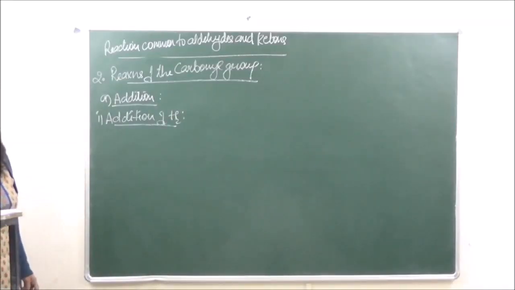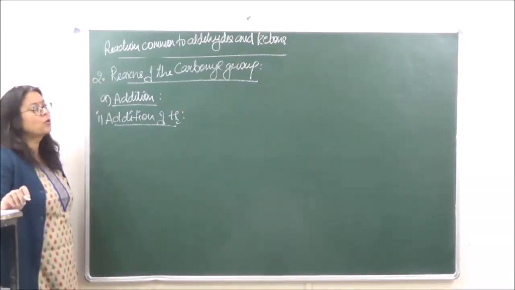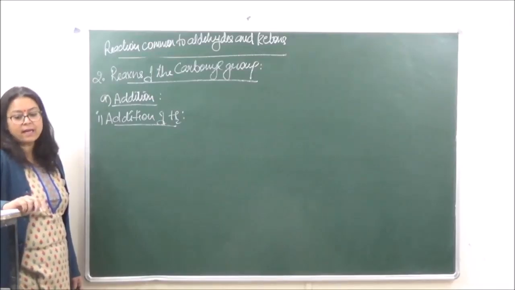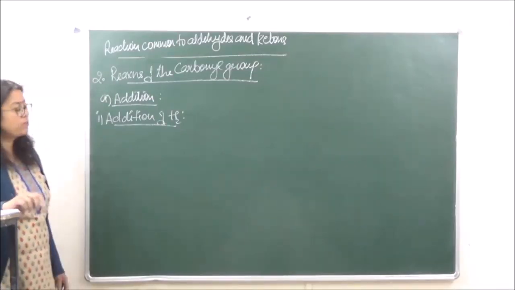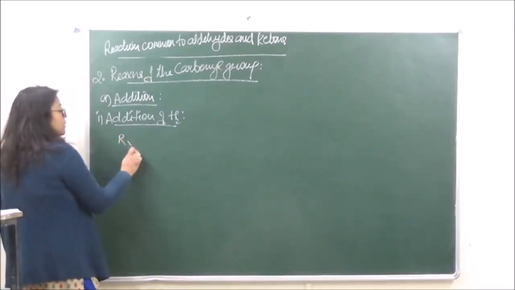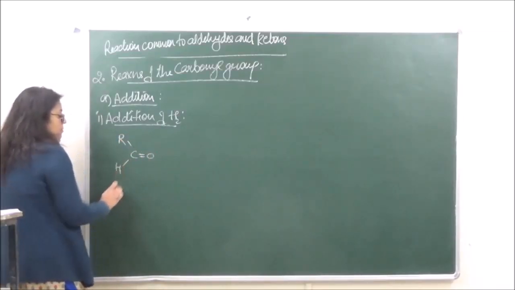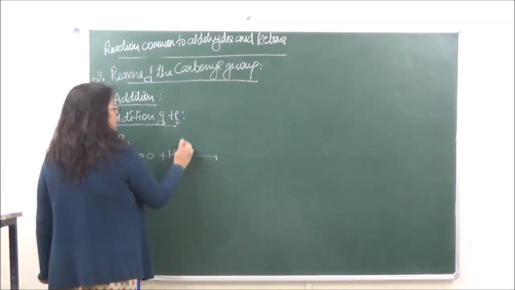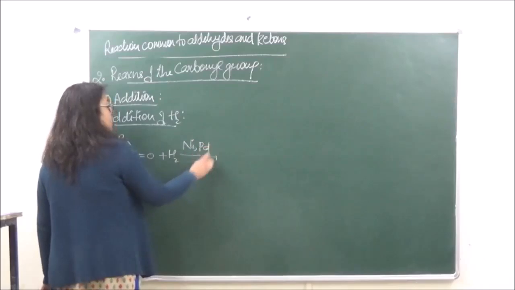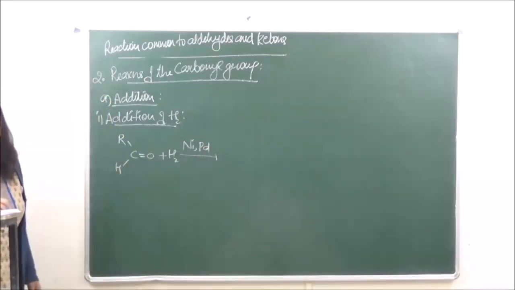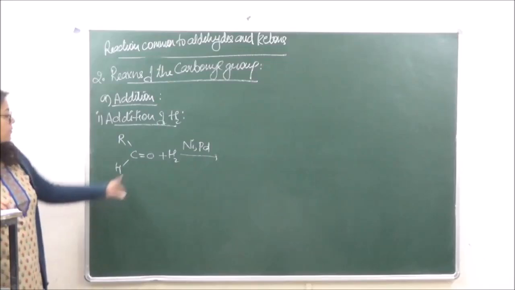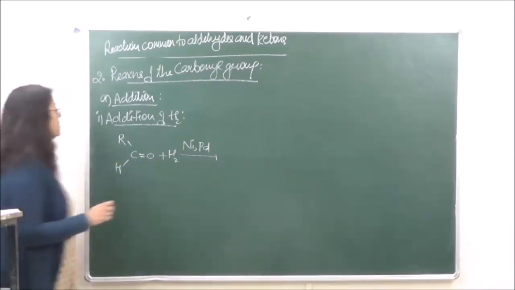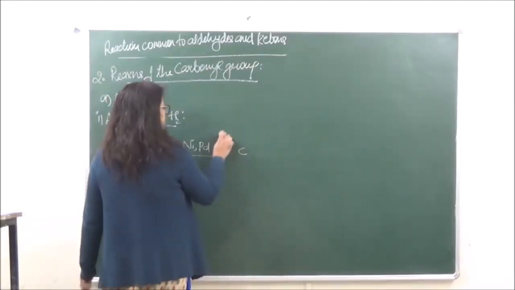In this case, aldehydes are going to be reduced to primary alcohols, and ketones will be reduced to secondary alcohols. Okay? So let's see, we've already done this reaction in the methods of preparation of alcohols. If this is the aldehyde which we are taking and we are adding hydrogen in presence of any catalyst like nickel, palladium, platinum, one of the hydrogens will attack at this carbon atom and the second hydrogen will attack at this carbon atom, such that we have over here